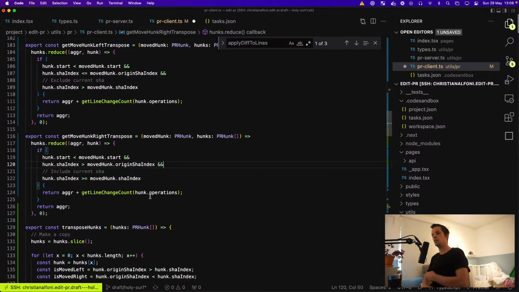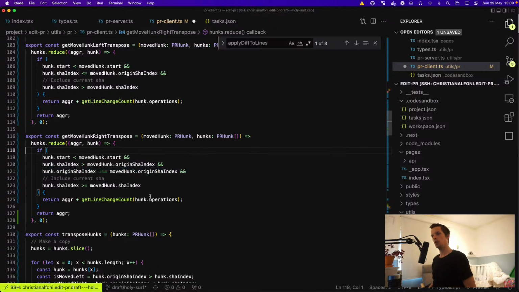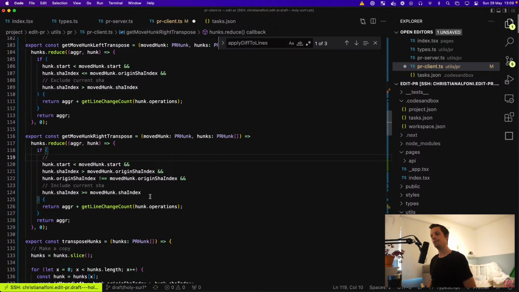Yeah, this is a tricky thing, because okay, no, that works, because here we're saying, okay, move hunk right transpose. Yeah, everything. Oh, but this is, yeah, find every hunk starting before the moved one